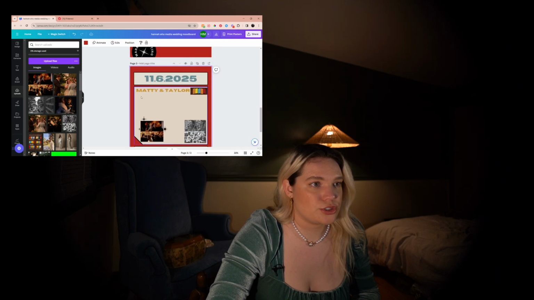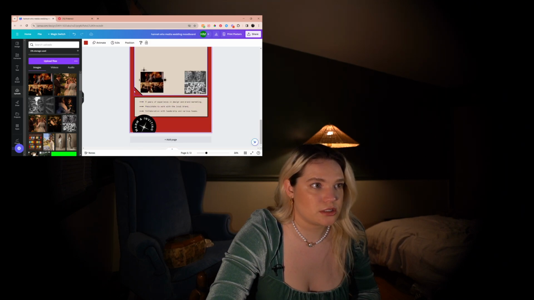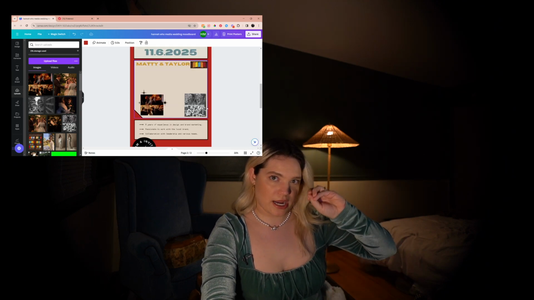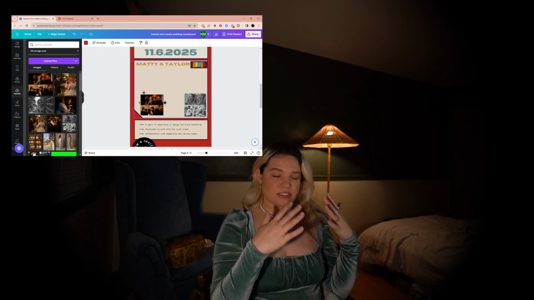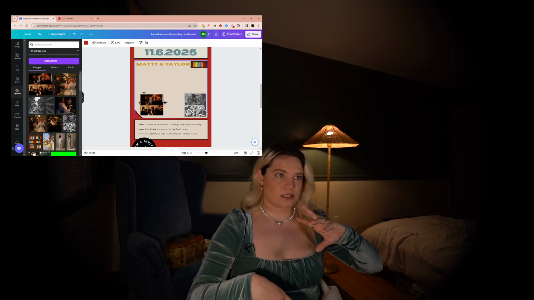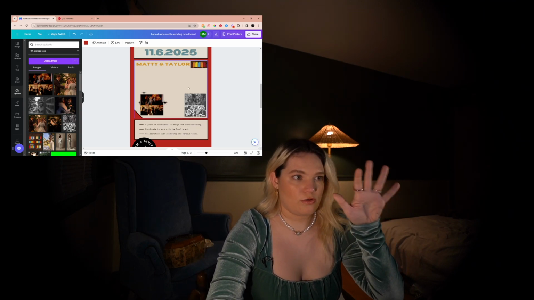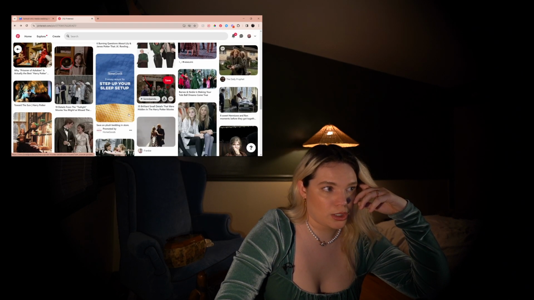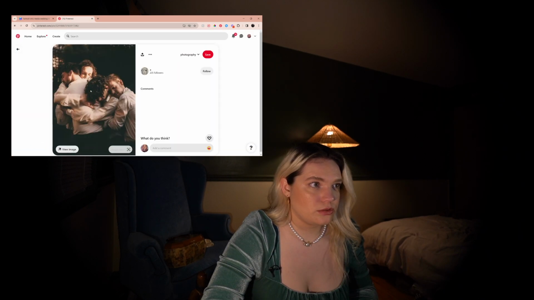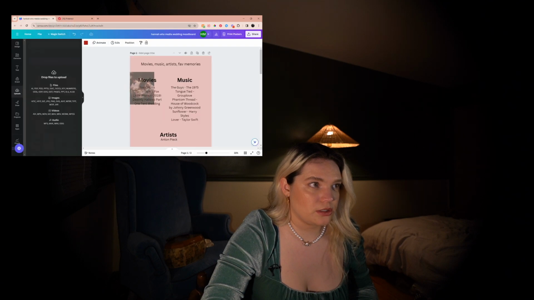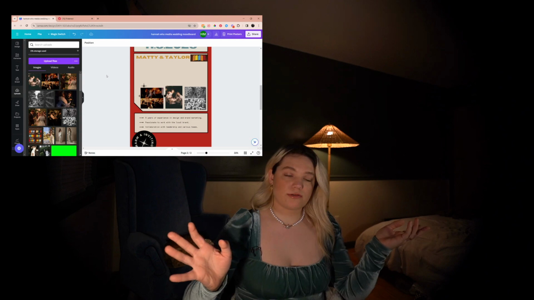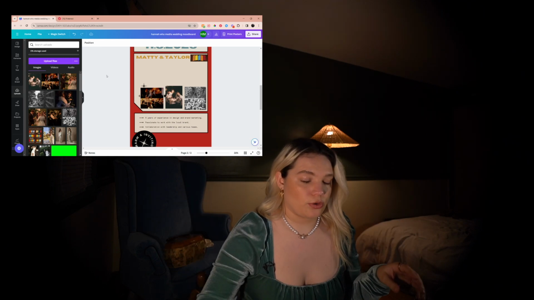Probably gonna make this two pages. I also like to create sections, because there's certain aspects of the day where you could have maybe even a different aesthetic for the ceremony and the reception. So this will be the overall, and then when you scroll down it'll be the other parts of the day. Also kind of like this image. But really you're just pulling things, seeing what works. You don't have to be super picky with it. You can change whatever you want.